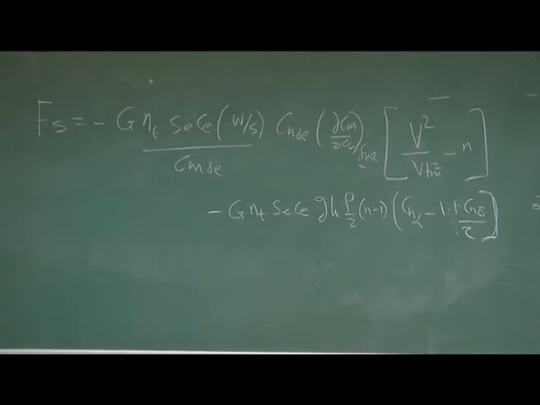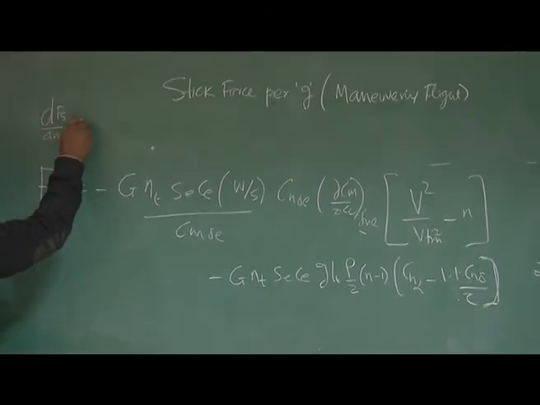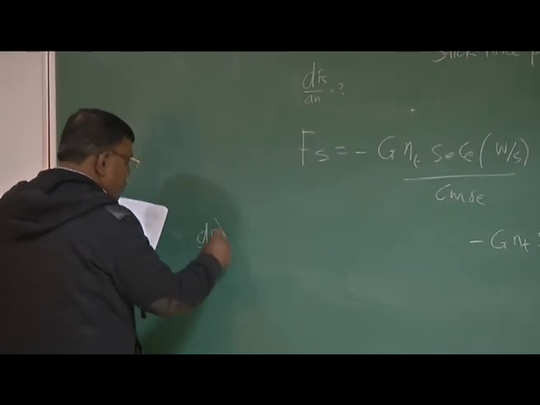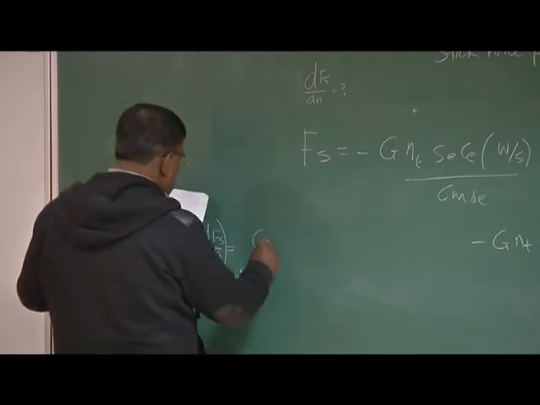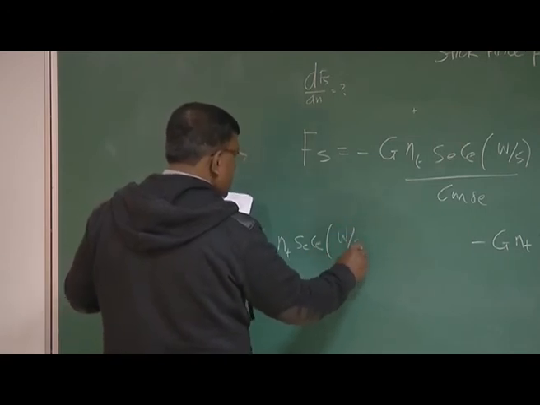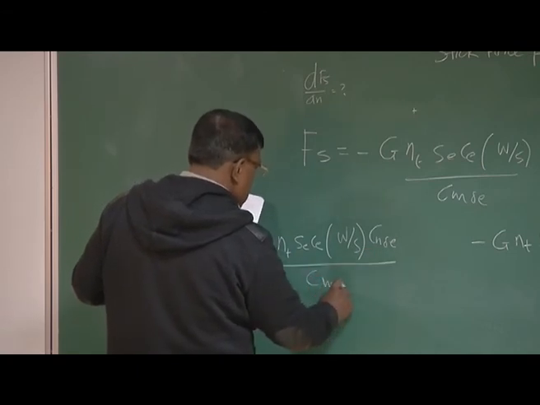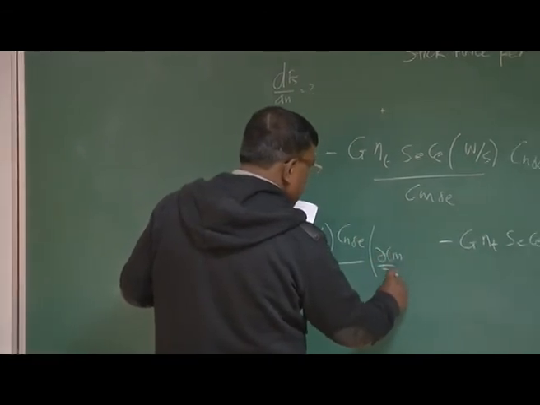Huge expression you will get. Now what to do with this? So if I try to find out dFs by dN, I have to differentiate this. So I'll get an expression for dFs by dN for a pull-up, which will be equal to G eta T AC C W by S CH delta E by Cm delta E into dCm by dCl free,